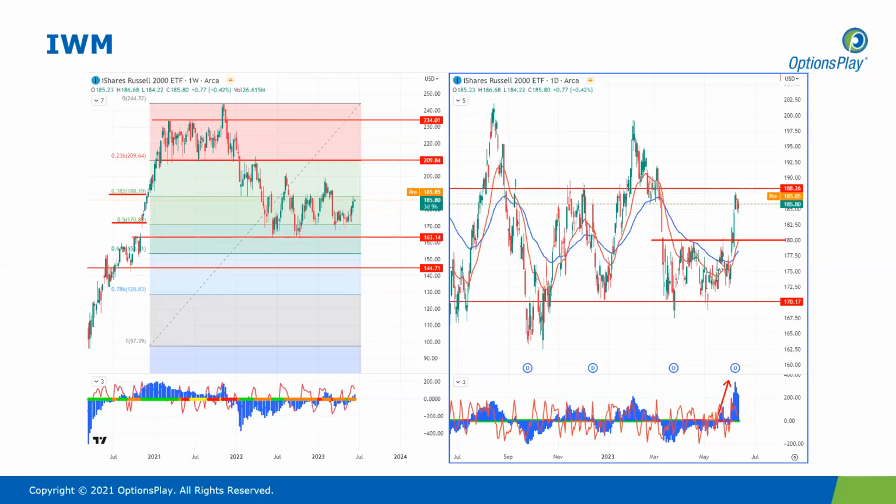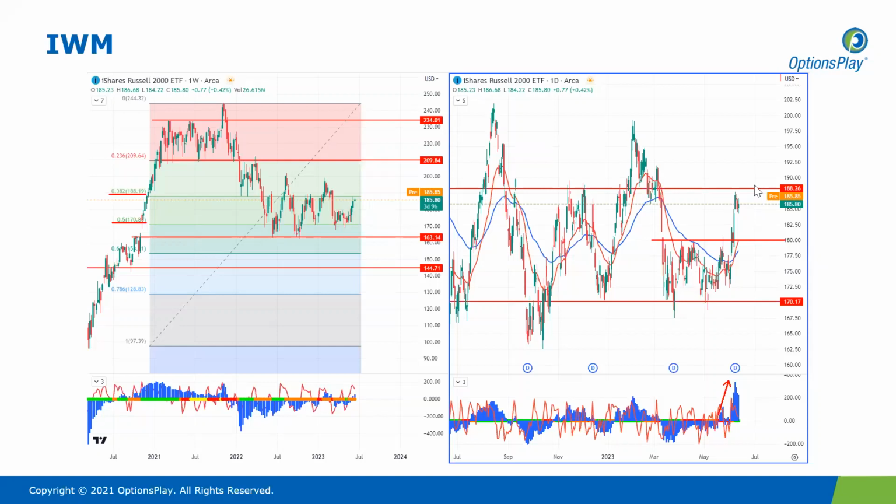Overall, though, my outlook still remains bullish for equities, and I do think it's a matter of time before we'll see the Russell 2000 break above this 188 level. But until we get that breakout, I think your money is probably best spent gaining exposure to large caps as opposed to small caps, because with this fib level, we could see price actually stay and respect this fib level as resistance for quite some time before we get a breakout. And during that time, we could be seeing the S&P and the NASDAQ continuing to rally. This is something we've seen quite often, especially during this consolidation period here for IWM.